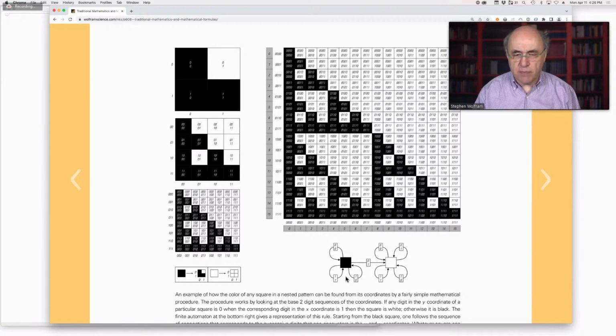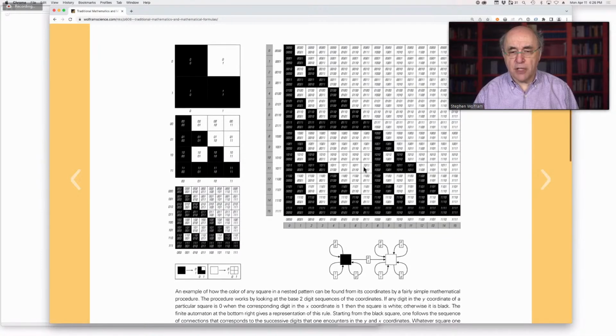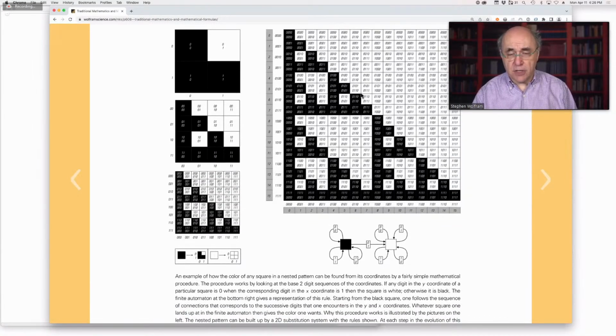then essentially from that, you can figure out whether this square will be black or white. More specifically, you can use this finite automaton to basically go through and say, given each column in this, what was the X coordinate, what was the Y coordinate, what was the digit of the X coordinate, the digit of the Y coordinate, you just follow this finite automaton, and it will tell you in the end whether for that pair of coordinates, the cell will be black or white. So the basic point is, if you just know where you are as a digital number, then it's very fast to just whiz around this finite automaton and say what color of cell you're going to get. So this is an example of a nice computationally reducible pattern where, given just a position in the pattern, you can readily say what the value is going to be.